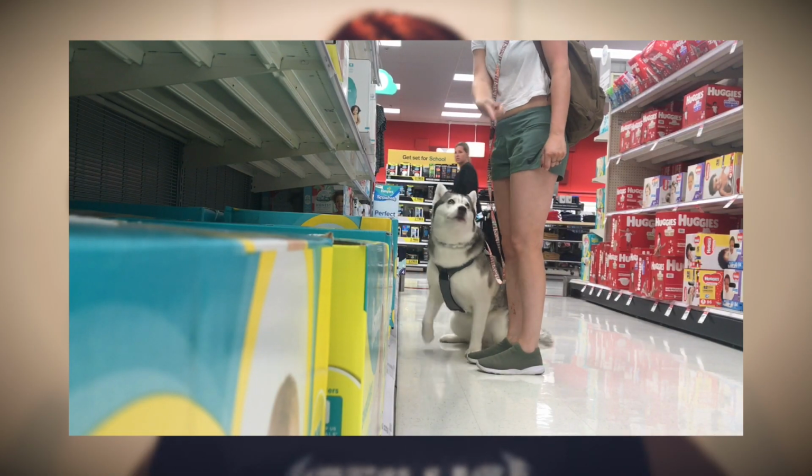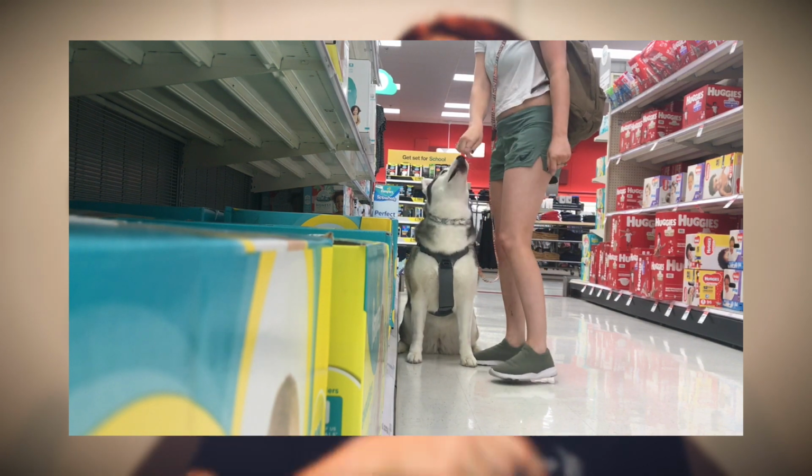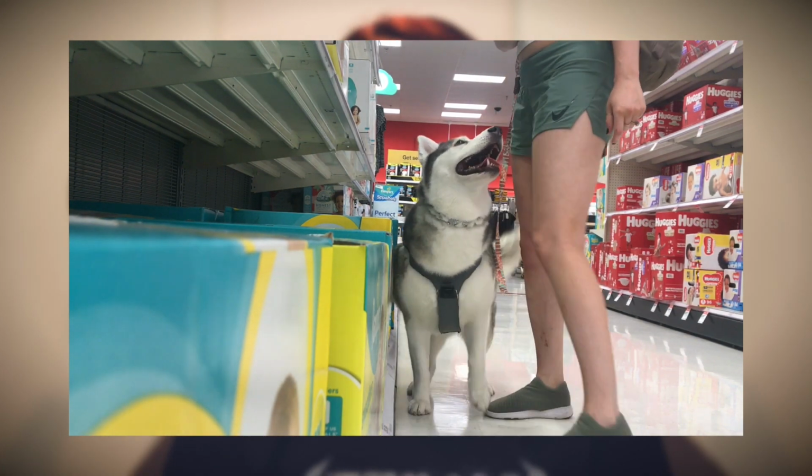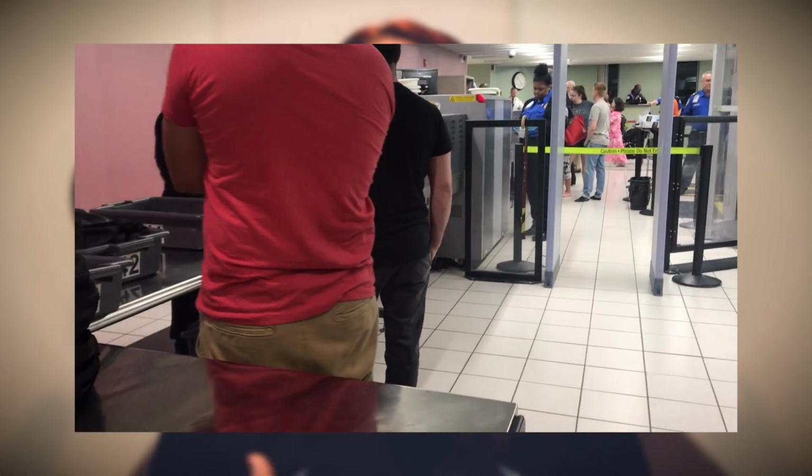Another quick position that I like to train with my dog before we actually go through the airport is coming up in front of me, and I don't really have a specific word or phrase that I use. I just say, come in front of me with this motion. And I'll show a little clip here of us training in Target before actually going through the airport, but this specific position is incredibly important for when you're going through security, because as I'm sure you remember, you have to put your stuff in bins and then walk and go through the airport, and it's a huge hassle in general,